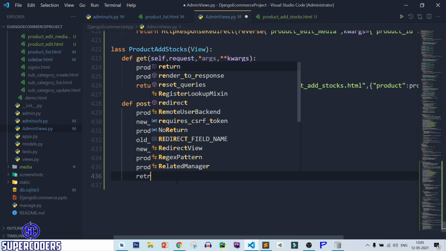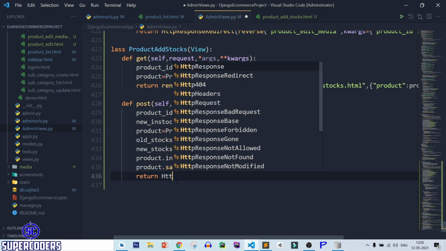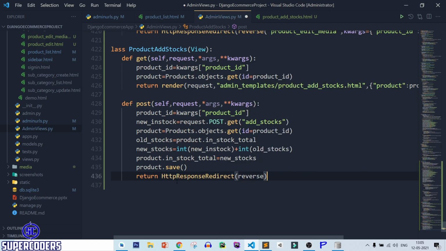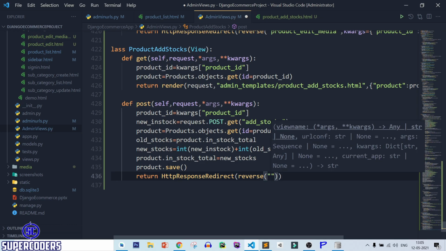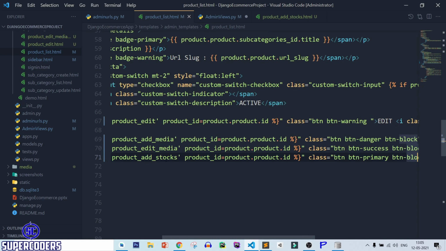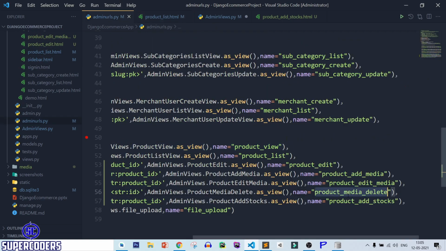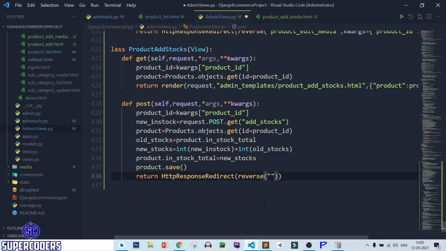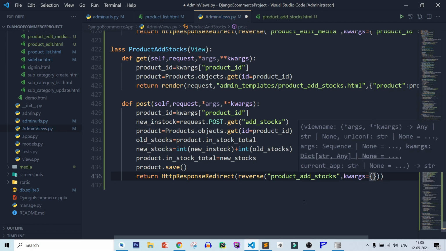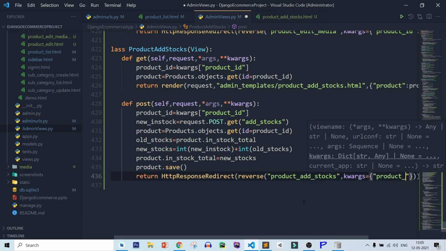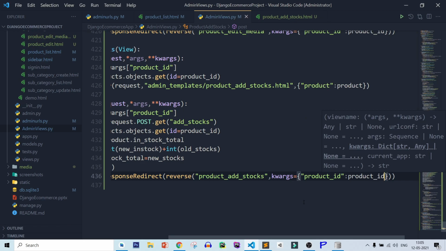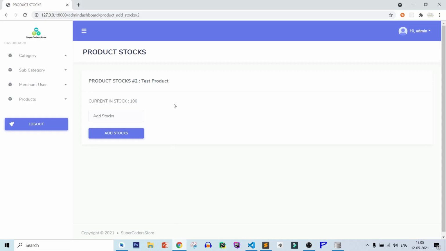After that, return HttpResponseRedirect, reverse, pass the URL name, which is add stocks. So let's see what the name is. Add stocks, passing the id, product underscore id equal to product underscore id. Save it, back to Chrome, refresh page,